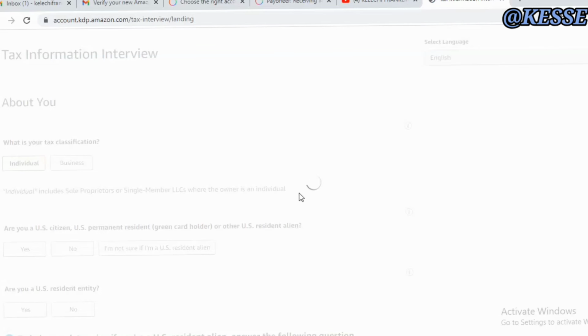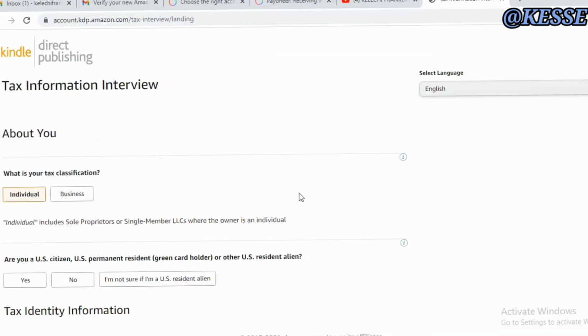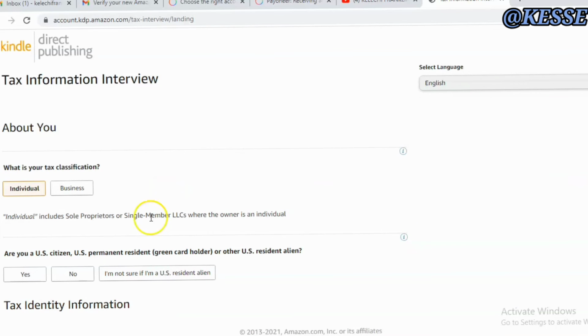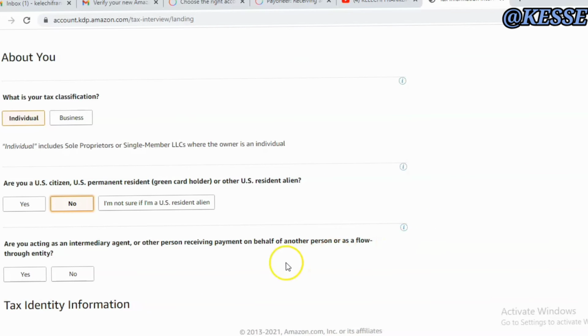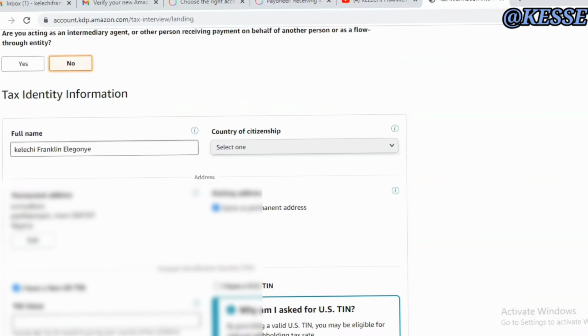Now this is the information they are asking you. They're asking you what's your tax identification class. It's on individual, just leave it like that. And the next question they are asking you, are you a US citizen or a permanent resident or other residence alliance? I'll click on no, I'm not a US citizen. Then the next thing they are asking me right now is if this account is being held by someone. They say, are you acting as an intermediary? I'll click on no again,